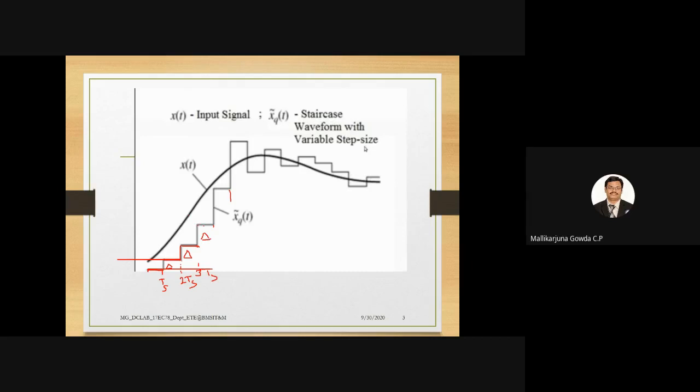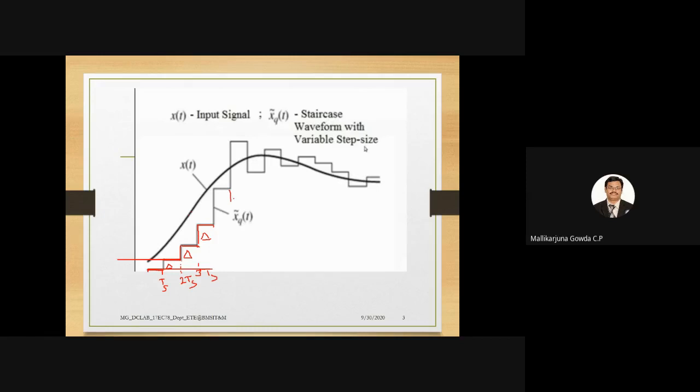Okay, so it will compare with this. Still it is greater, right? And it remains at this level only. At this point it will compare. Still it is greater, so it will be incremented by delta. Of course, here the step size is shown different. Actually, it should not be. It is a fixed step size. Delta should be fixed. I think it will give a wrong interpretation for you people.